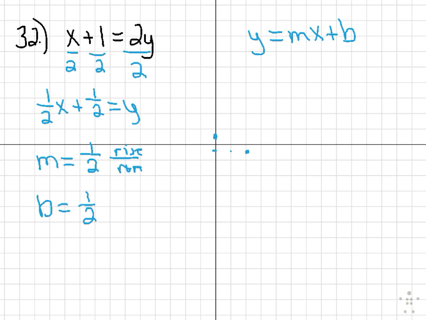Oops, I'm sorry. I shouldn't have gone down. That's a positive 1. Should go up 1 and over 2. And then connect. And when I saw that I was going to have a negative slope, I looked and I was like, well, my slope's positive. It can't be going down. So I realized really quickly, because I know positive slopes